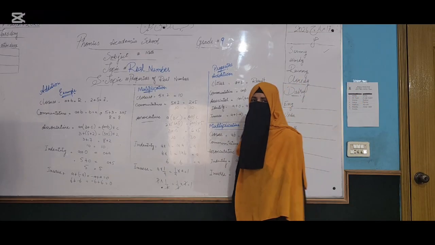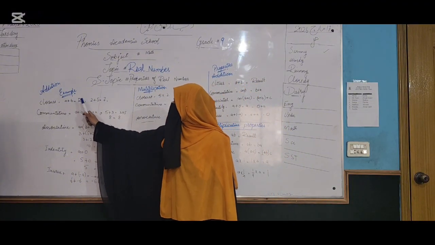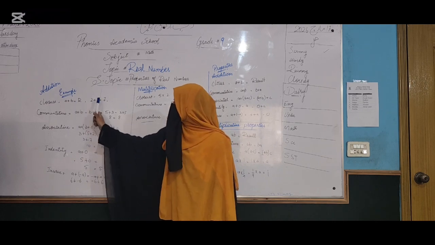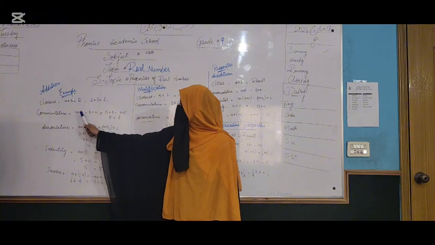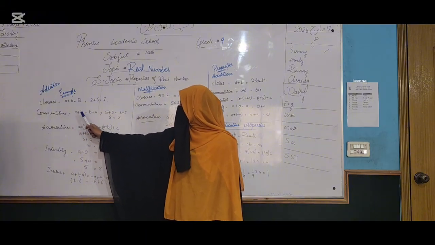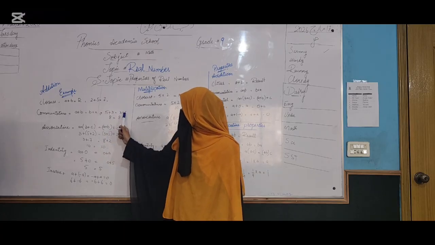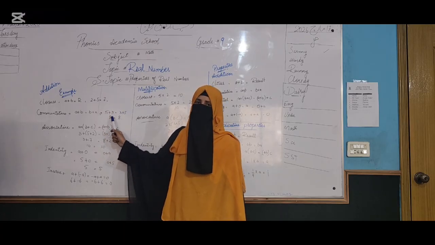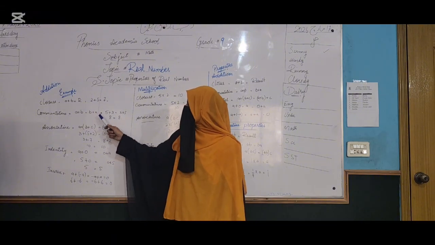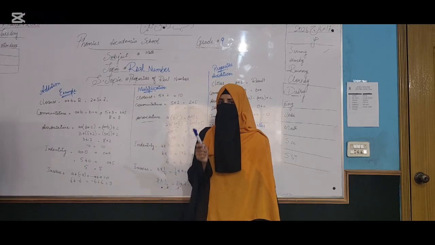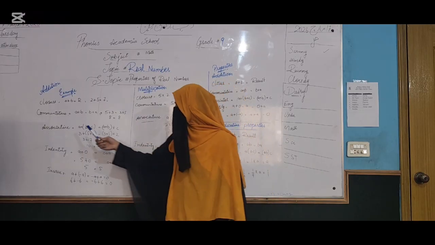So students, we have to look at some examples. For example, closure property: a plus b is equal to a result. For example, a is equal to 2 and b is equal to 5. The answer is equal to 7. Then commutative property, a plus b is equal to b plus a. a is equal to 5, b is equal to 3. b plus a, 3 plus 5. When you add both sides, they are equal to each other. The answer is 8 is equal to 8. This is the commutative property, in which two values are added, and the left hand side and right hand side are equal to each other.